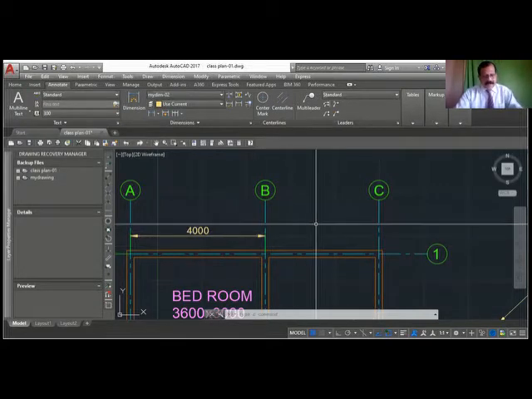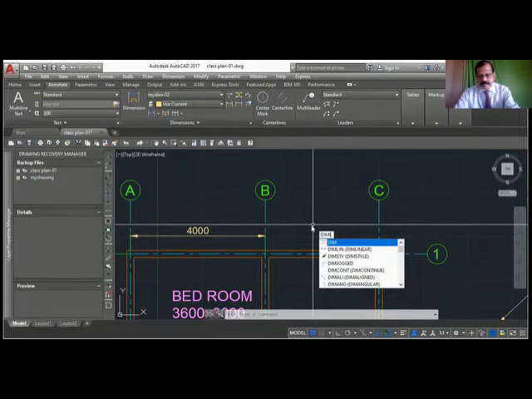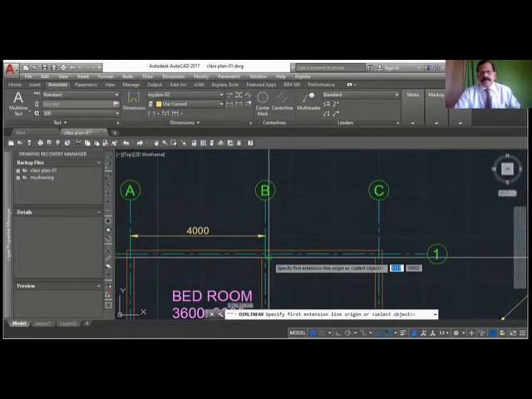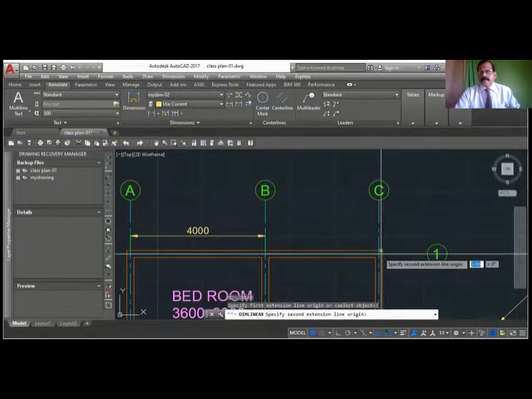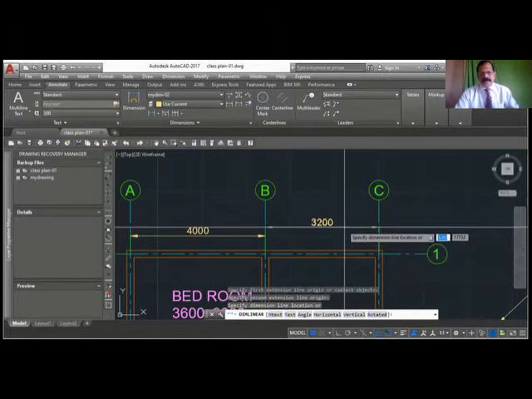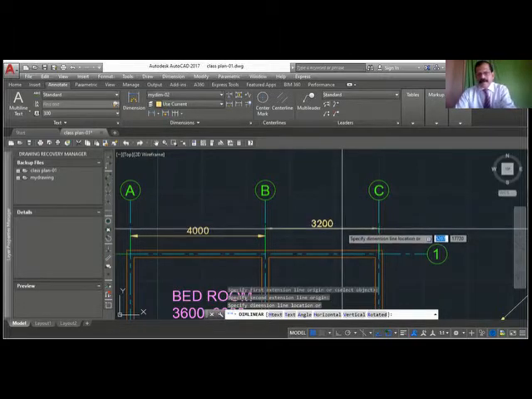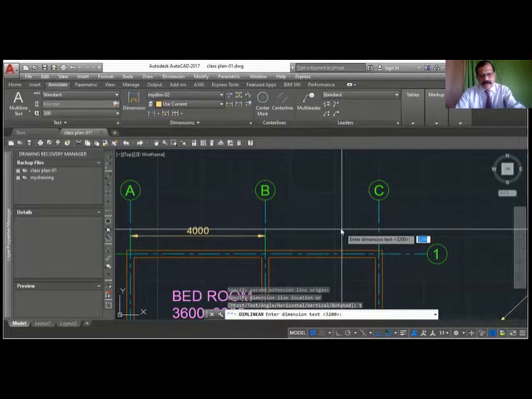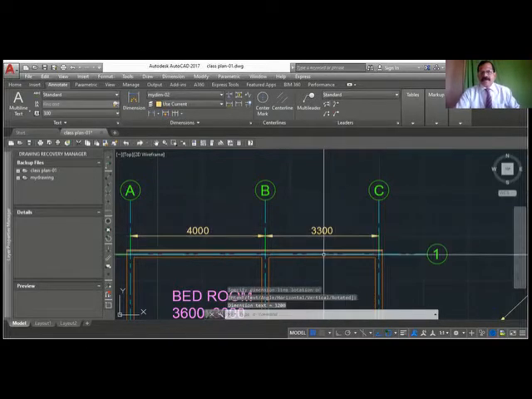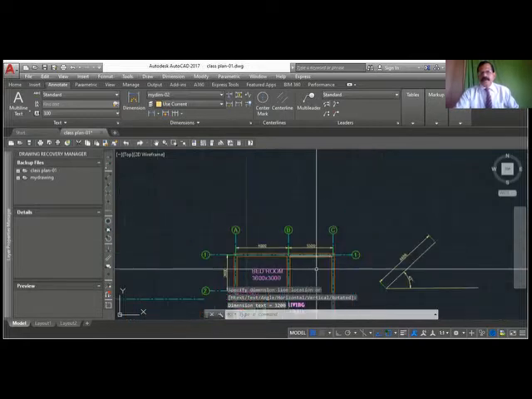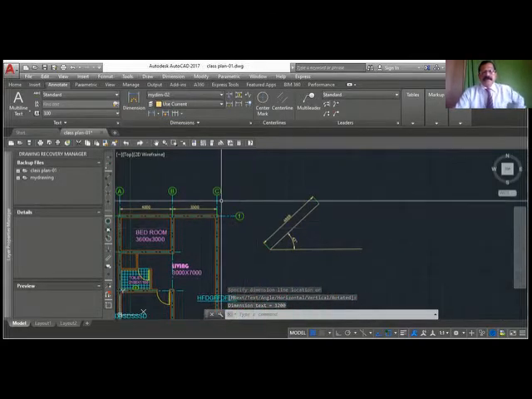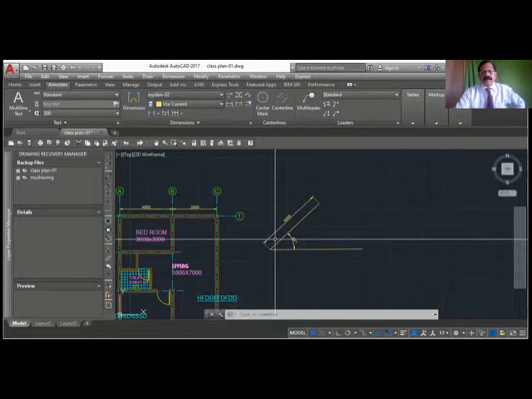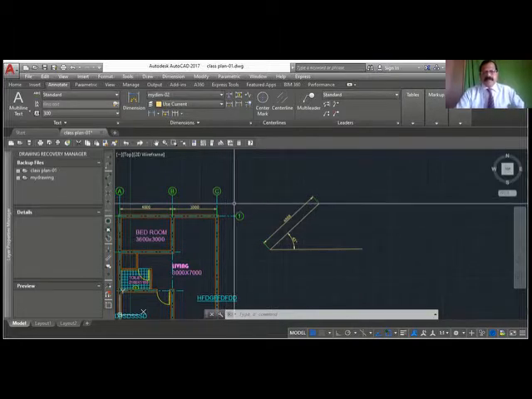Okay, I will repeat here. Dimlin, first point, second point. Before showing here, I will say T, enter, value, 3300. This is the value I want, enter. Now you show the location. So this is how you put the dimensions, whichever you want. Otherwise it gives you the exact dimension.